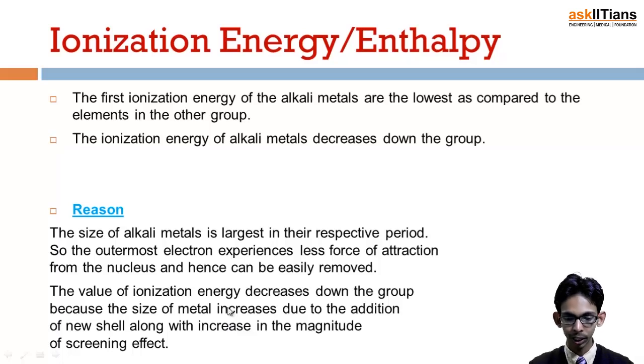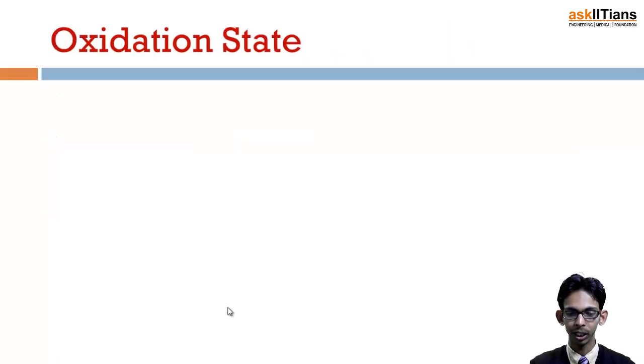That means we know why the ionization energy of alkali metal is minimum, because of its larger size in the particular period. Further, as we move down the group, size increases, first because of the increase in number of shells, and second because of screening of the outer electrons from the nuclear charge by the inner electrons. These two, the increase in number of shells and the increased screening effect, further increase the size, because of which the ionization energy decreases further down the group.